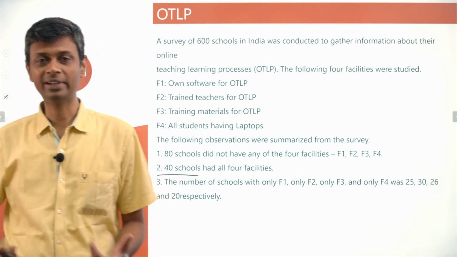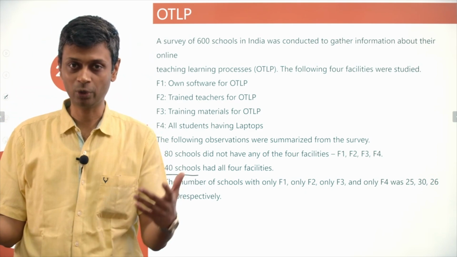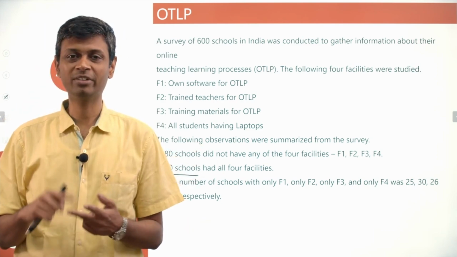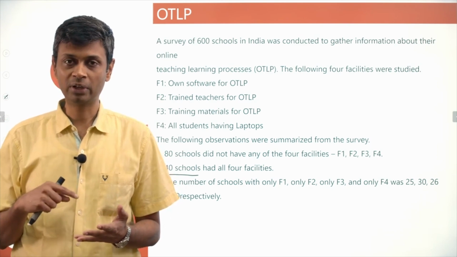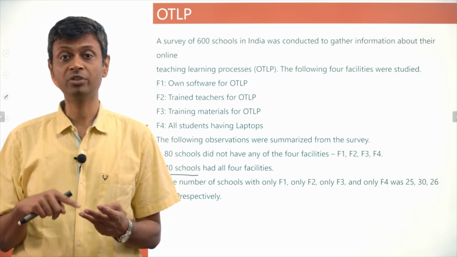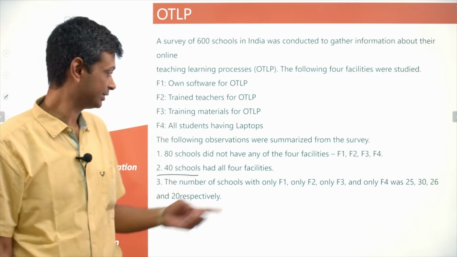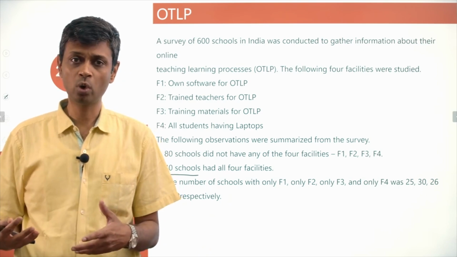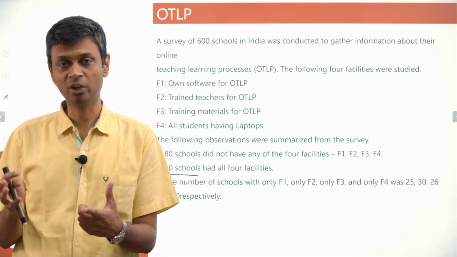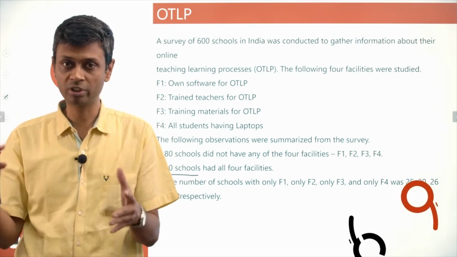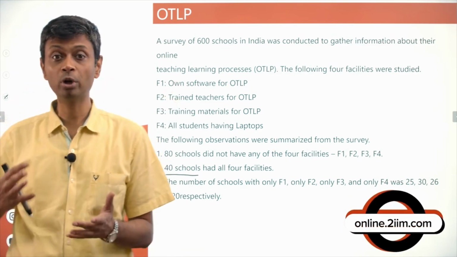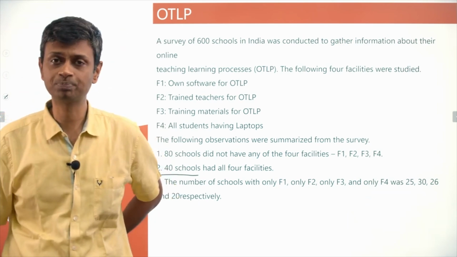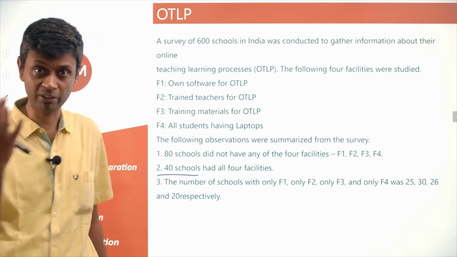Then you should be able to say, okay, Venn diagram, set theory. I'm drawing diagrams, I'm going to figure out. And so we have in none of the 4, we have all of the 4. We're going to treat F1, F2, F3, F4 as sets. We're going to talk about F1 union F2 union F3 union F4, whole complement. That is this. All 4 intersection, that is this. Quite obviously then, after this, we'll move on to F1 and F2 only, F2 and F3 only, F1, F2, F4, all of those in some form. That's what I expect. It's very important for you to be able to pick a set. And this one is a Venn diagram set with 4 sets, F1, F2, F3 and F4.